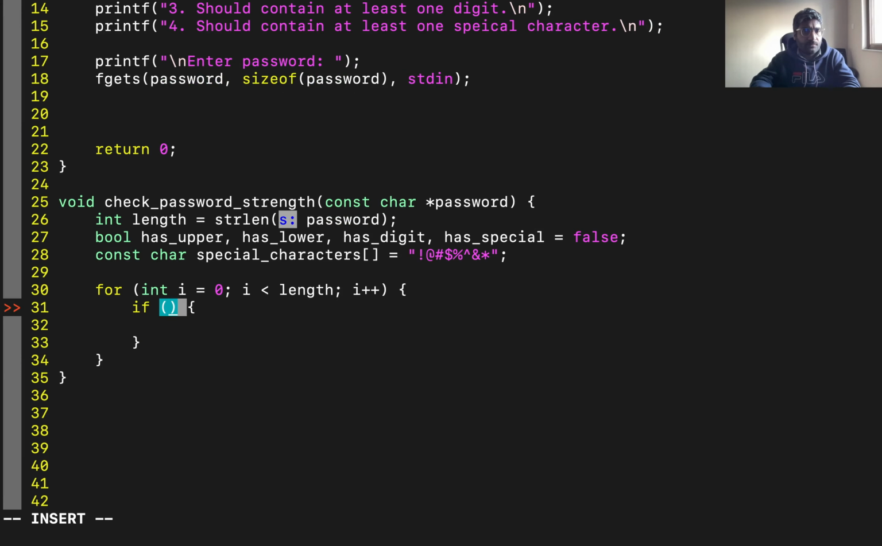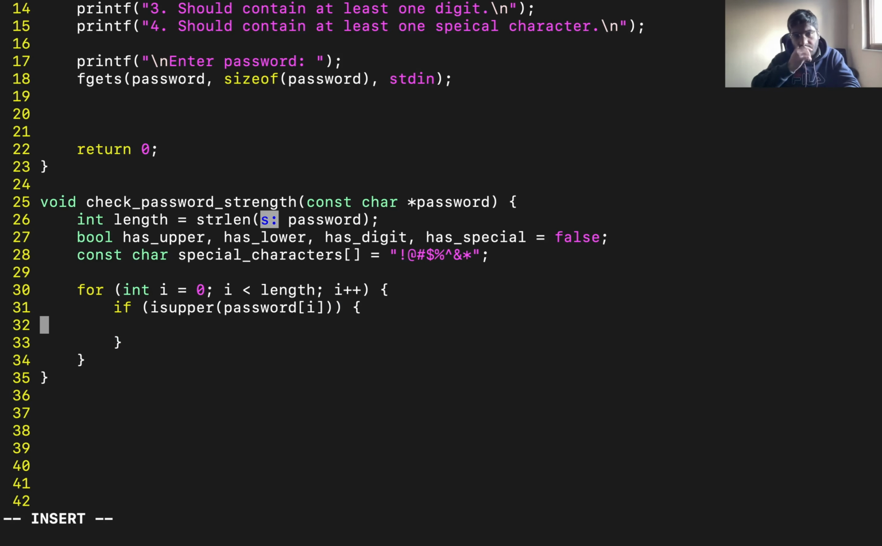The function is isupper, and we only need to pass password of i. Okay, so the first character we have passed. If it is uppercase, it means the password contains an uppercase character, so for that we need to set upper equal to true, and then there is an else if case where we will check for